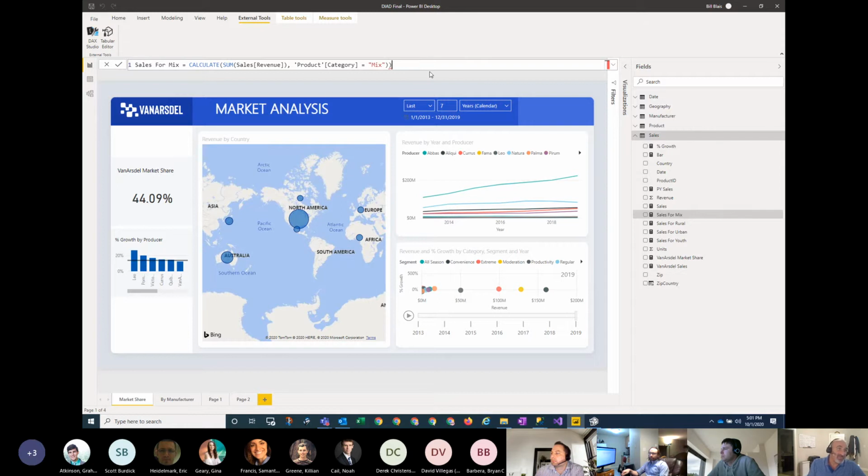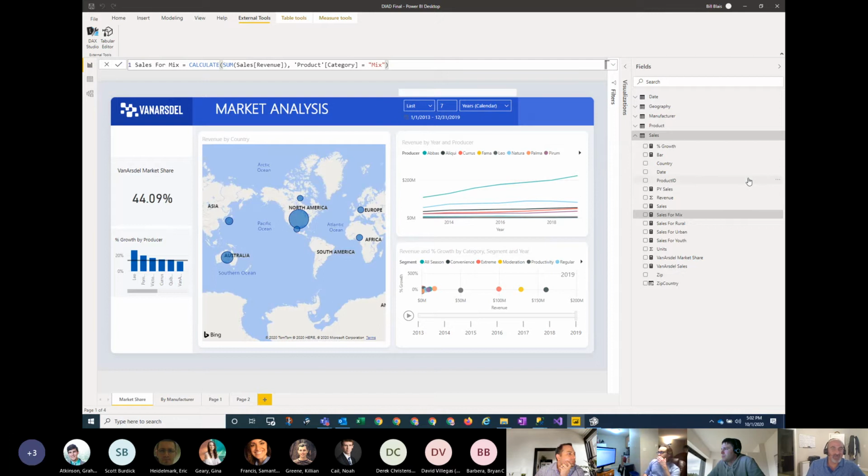But one of the things I really hate about Power BI Desktop is it doesn't let you get very far. I'm sure you've experienced this with very large data sets especially. You start adding measures and it takes forever. You make a change to one and you hit enter and you go get a cup of coffee and it's working on it, and you wait and wait and wait. This is a problem that I believe Tabular Editor can help a lot with, as long as the kinds of things that you're doing are repeatable.